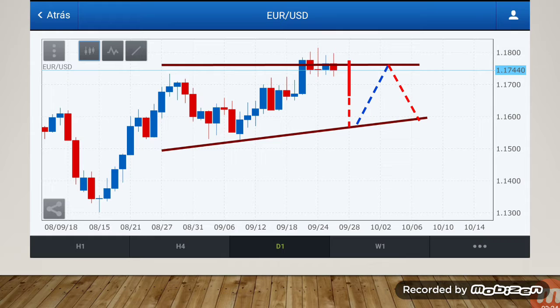Euro US dollar daily chart. This one also looks as if it's forming a smaller consolidation compared to the one on the New Zealand US dollar. Bearish and bullish wave formed here, and a sideways movement taking place over the last couple of days. So this could lead to the formation of a bearish signal that takes us down towards this area here, where it would then form a second support point to complement the one already formed here,